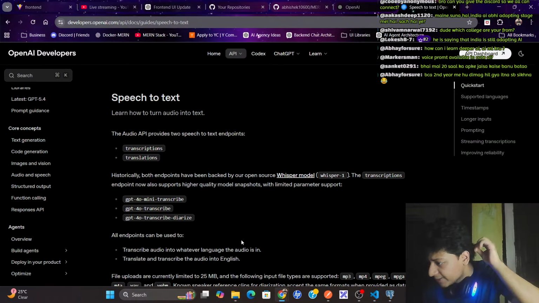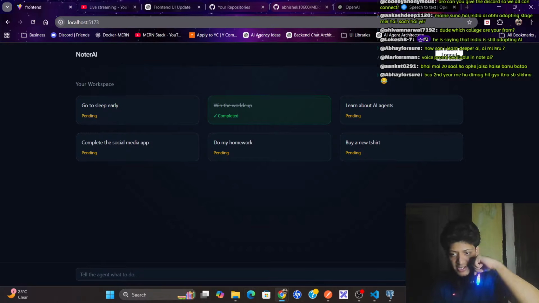Who said this? Marksman. Yeah, Marksman, that's a very good suggestion. I think I will be adopting this suggestion. Here I'll create a mic feature. I'll create a mic button, and once a user clicks on it, user can speak, and then AI will perform the task. Okay, yeah, I'll add this mic feature. So next target will be to add this mic feature. Okay.